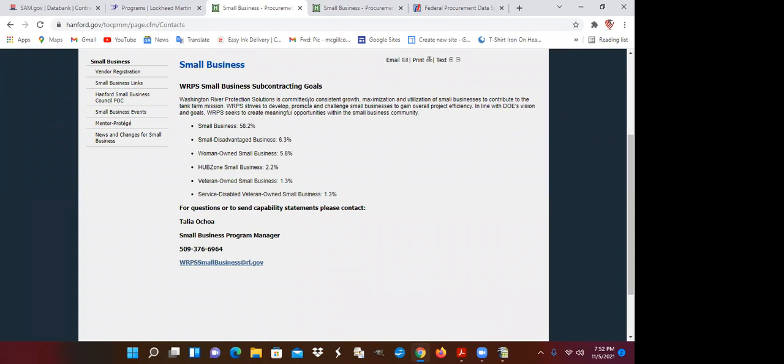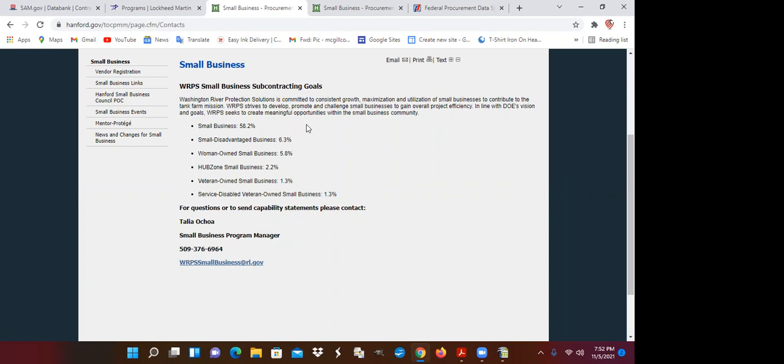They're also telling you here that they're committed to consistent growth, maximizing the utilization of small businesses to contribute to a tank farm mission. Whatever service you may provide or whatever product you may sell to the government or to these individuals right here. But this is the most important information that you're going to run up on within these sites. They're telling you how much money they're going to spend with each set-aside,